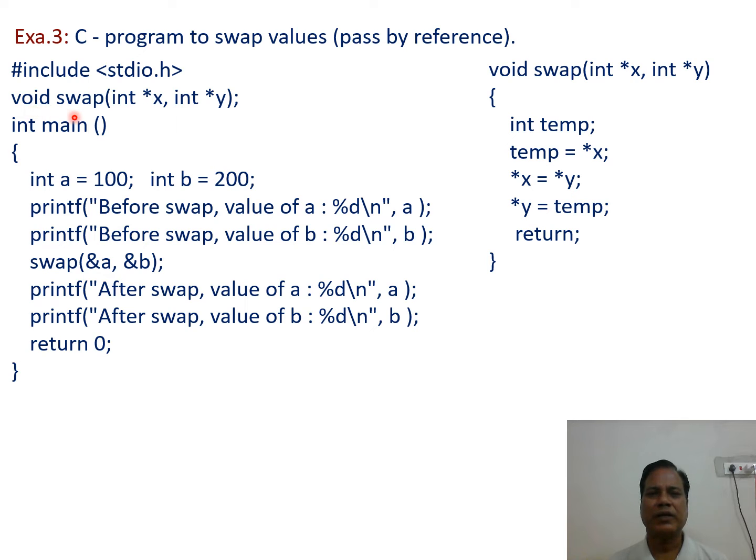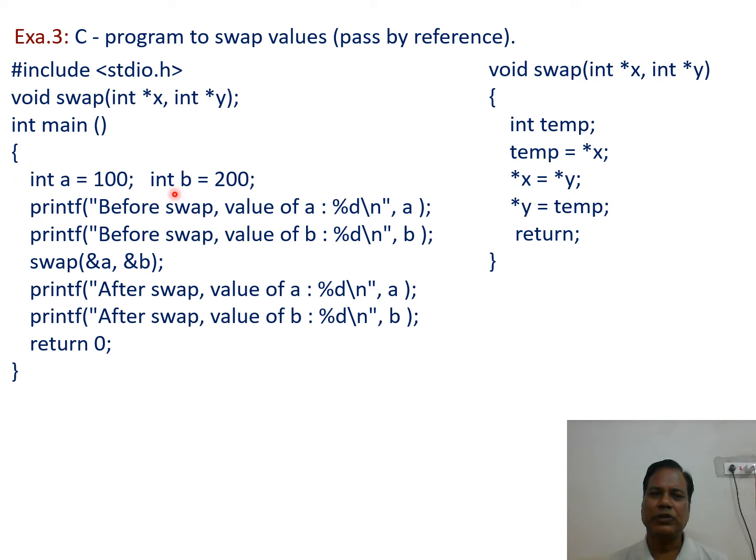It means that this function, whenever it is called, is not going to return any value. Then int main, and in the body of the main function, first statement is int a = 100; int b = 200;